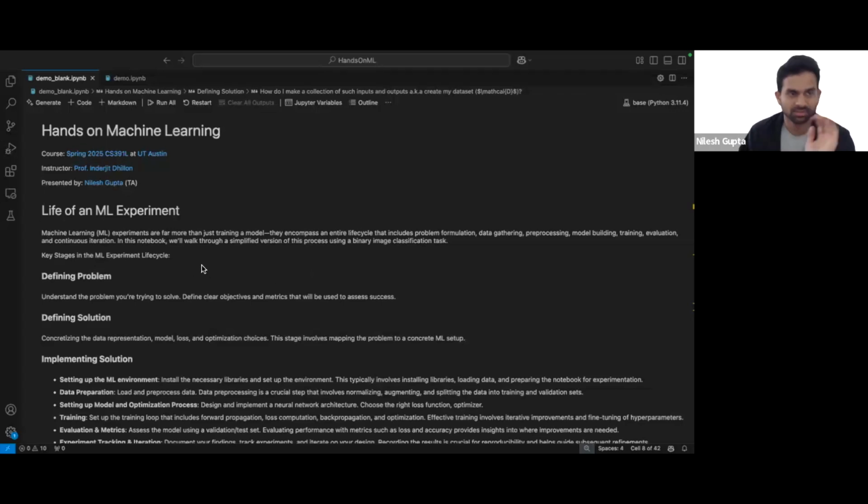So as you said, today we'll be talking about, in general, hands-on machine learning. We'll be looking at how we want to design our machine learning experiment. What are the key questions we need to first even ask ourselves before going ahead? And then we'll discuss some of the tools that are commonly used to achieve our goals, implement our solution, and